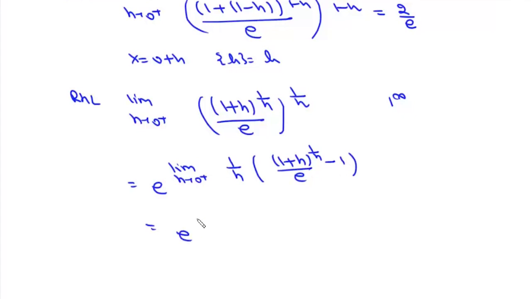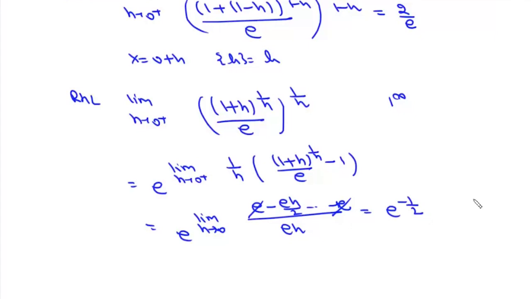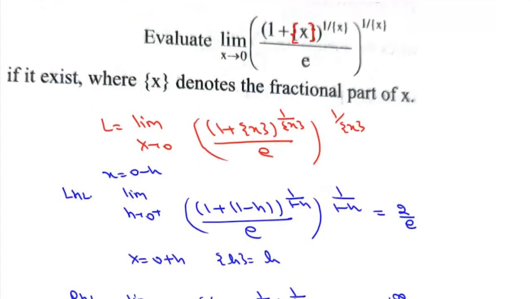So it will be e to the power limit h tends to 0 of eh, and now we'll use the expansion of (1 plus h) to the power 1 by h. Now this is e minus eh by 2 and then minus e. Here e and e will cancel, so this value will be e to the power minus 1 by 2. So left hand limit is 2 upon e and right hand limit is e to the power minus 1 by 2. So this limit